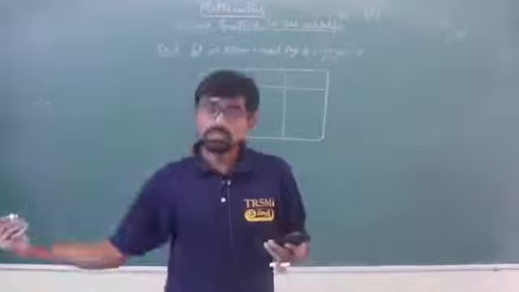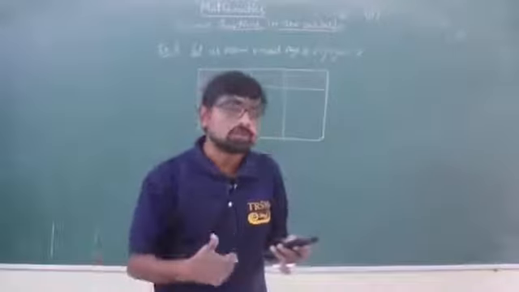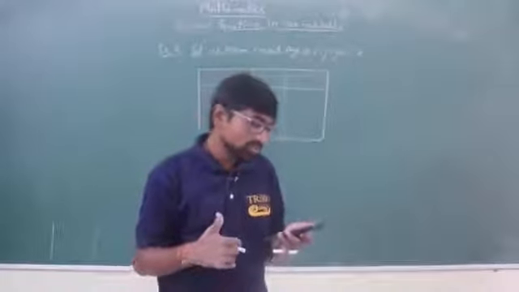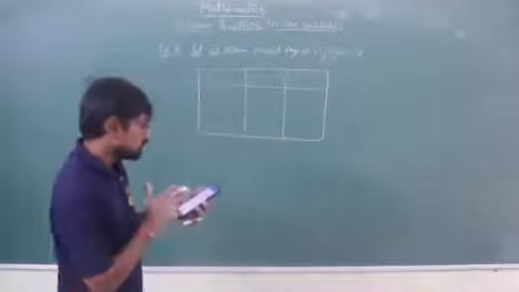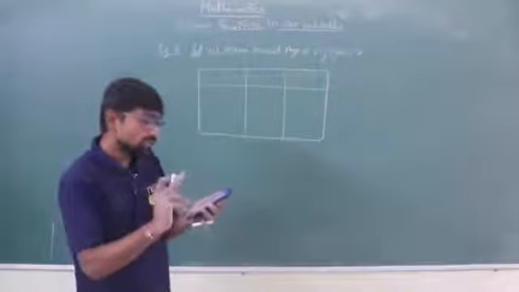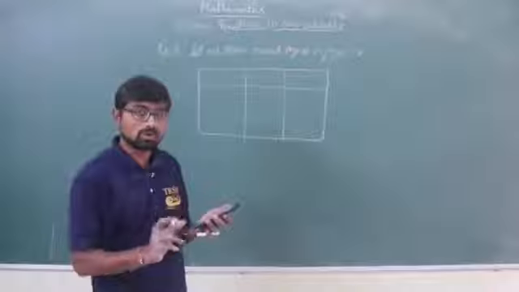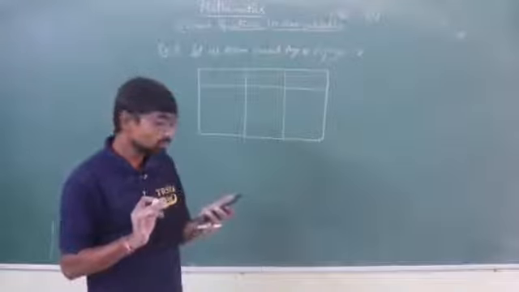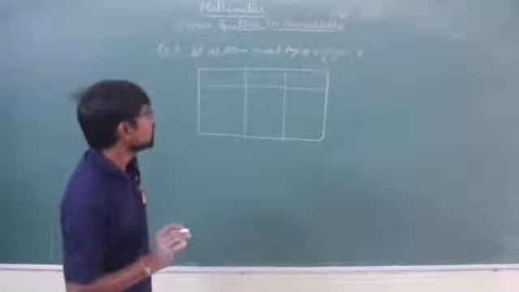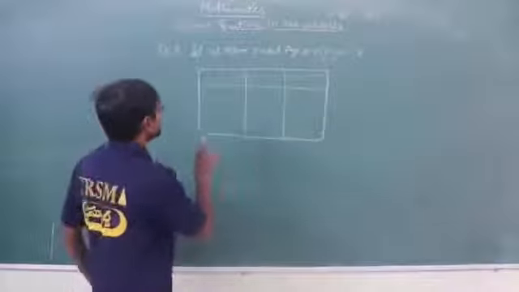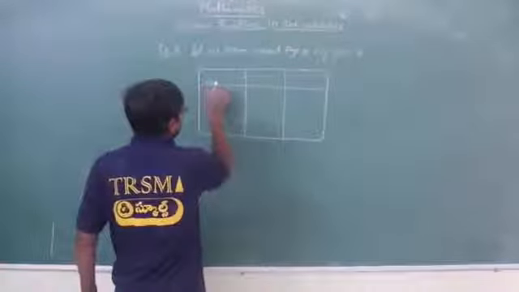So before 6 years my age was 24, isn't it? So like that you will be solving that. So here let me tell you, 6 years later their sum will be 62, on adding you will be getting 62. Okay, so here what I am doing, I am writing the ages here. So here I am writing the names.